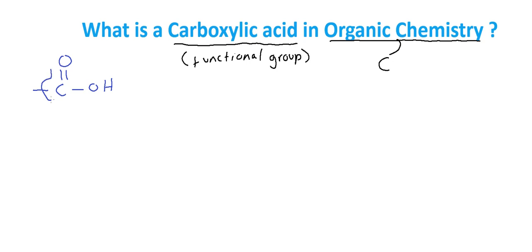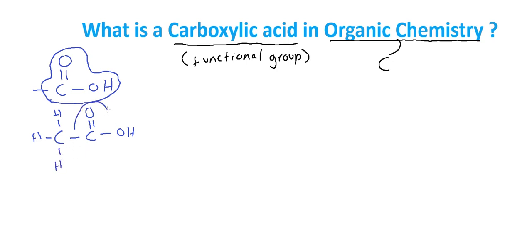So this whole thing is actually a carboxylic acid. One of the exam questions is to circle the functional group of a carboxylic acid. So if you had something like, let's just say ethanoic acid, ethanoic acid looks something like this. And the reason why this is ethanoic acid is because it has two carbons inside it. So if they ask you to circle the functional group, you would have to circle the full thing, which